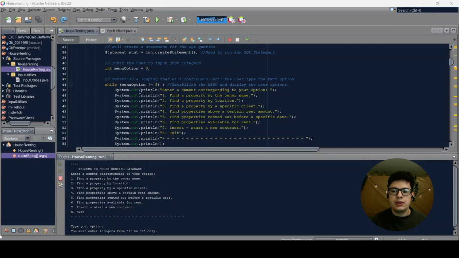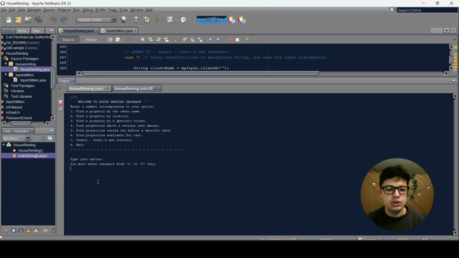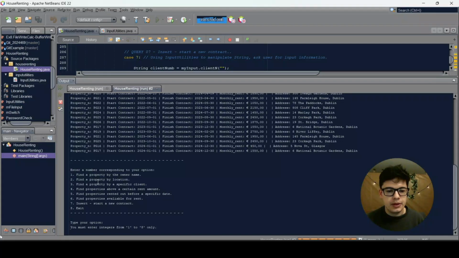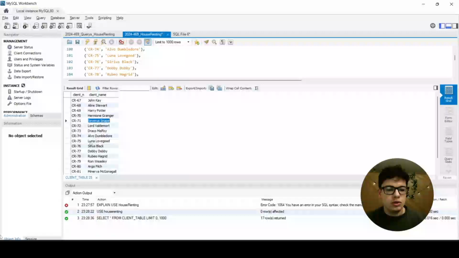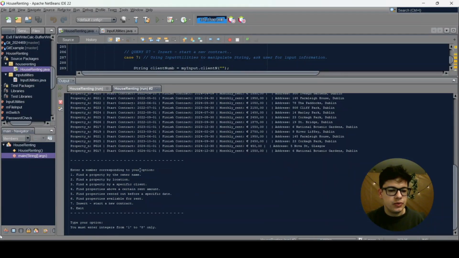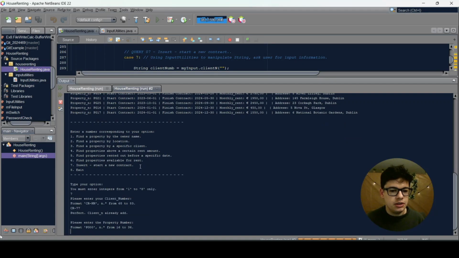Now let's move to an example where we want to rent a property. So we use the menu number 6 to check for properties available. We will enter the date, which can be the current date. We know that we have a list of properties, so we can check for number 21. We also can use cr77. So let's start a new contract with number 7, the client number cr77, the property number